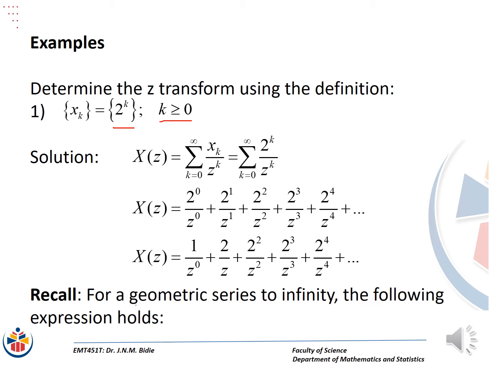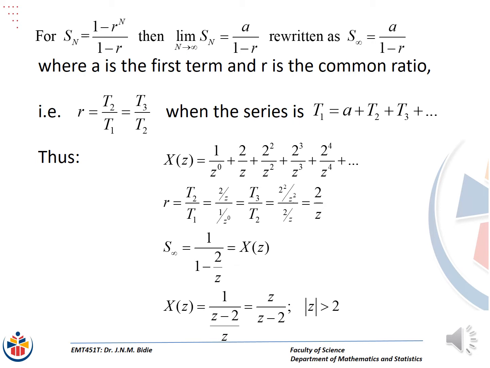And I'm hoping that we still remember the geometric series to infinity. As a recollection, let's note the following expression which holds. The sum to n terms is always given by the formula a times 1 minus r to the power n divided by 1 minus r, where r is the common ratio and a is the first term. Note that when n tends to infinity, this sum to n terms has a limit of a over 1 minus r. Therefore, we are able to use the sum to infinity formula, which is a divided by 1 minus r,